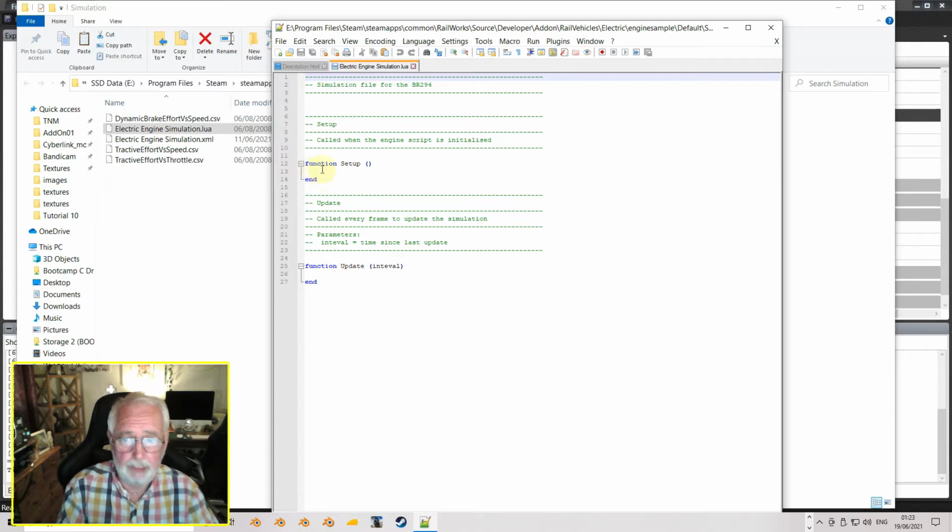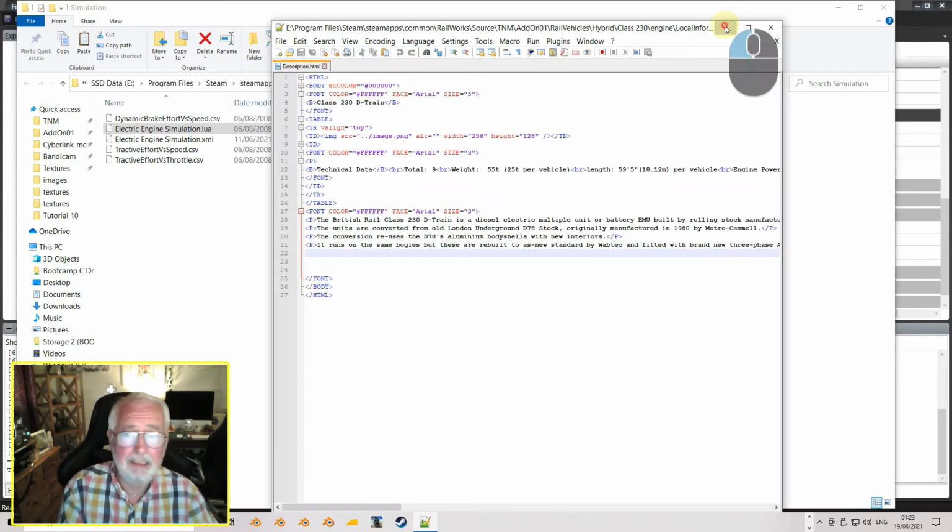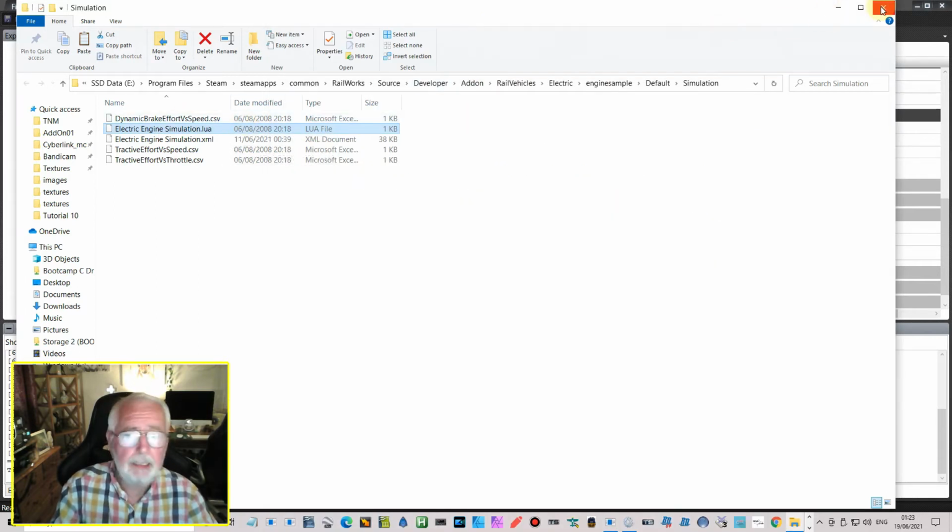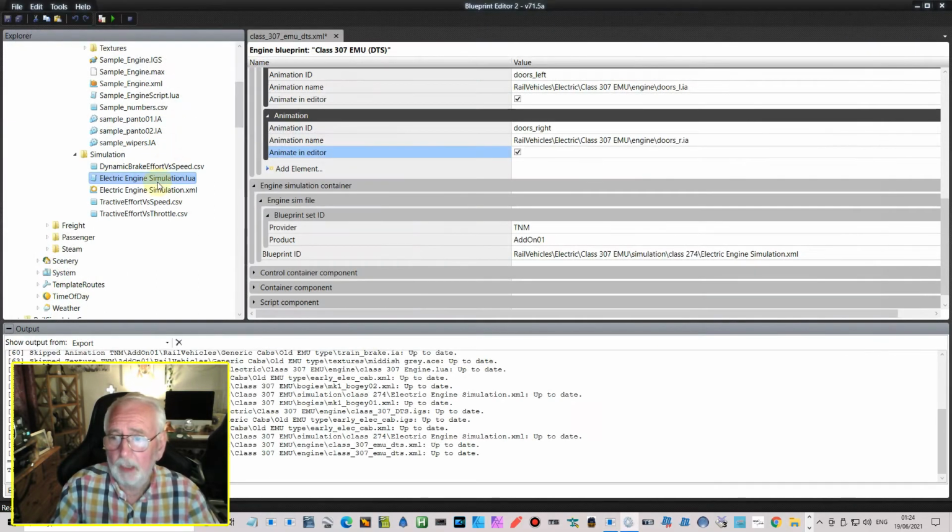So your initial variables will be put in there, and any ones you want updating will go in there. We probably won't be using them on this project, but that is an example of the Lua file for your engine sim. Okay, so copy all of those across,